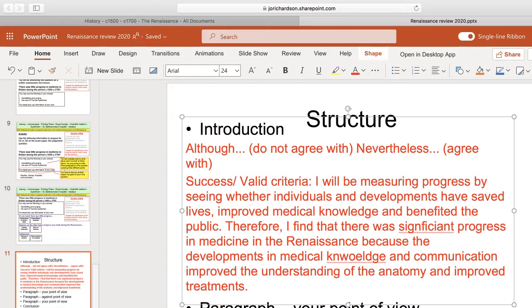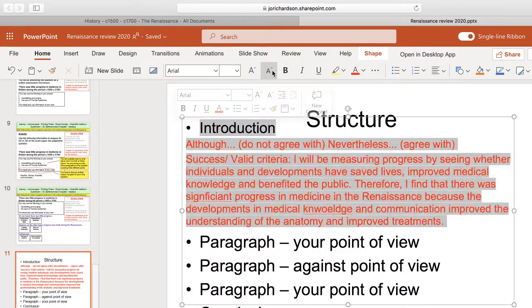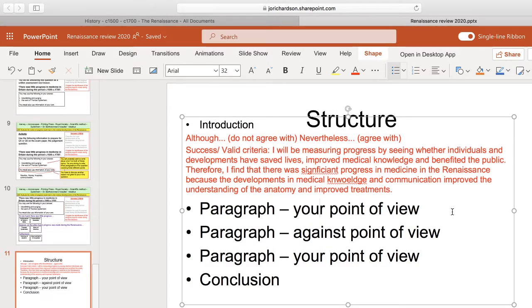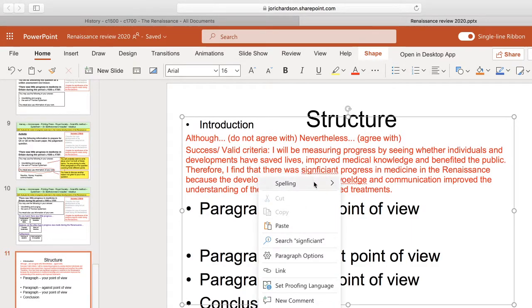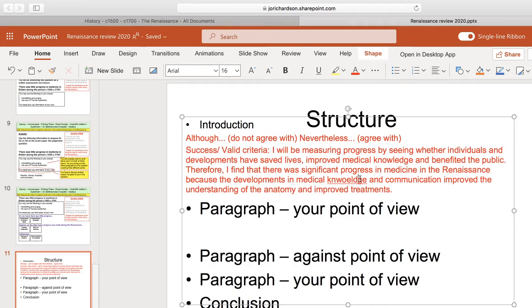An intro, you can only really get top marks if you are giving me a criteria and then explaining that criteria in each paragraph. Now I'm just going to make this a bit smaller just so I can carry on writing. Now these paragraphs work in the same way, so I'm only going to write for one of them. And I'm going to put down here, after I fix this,